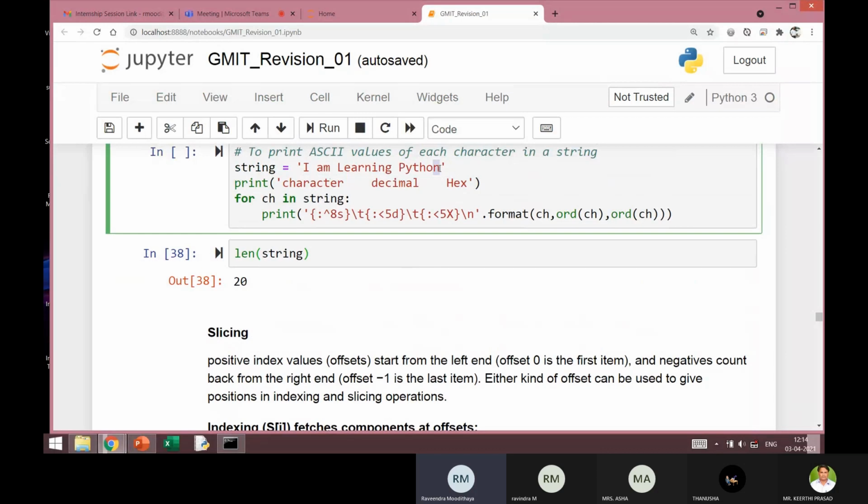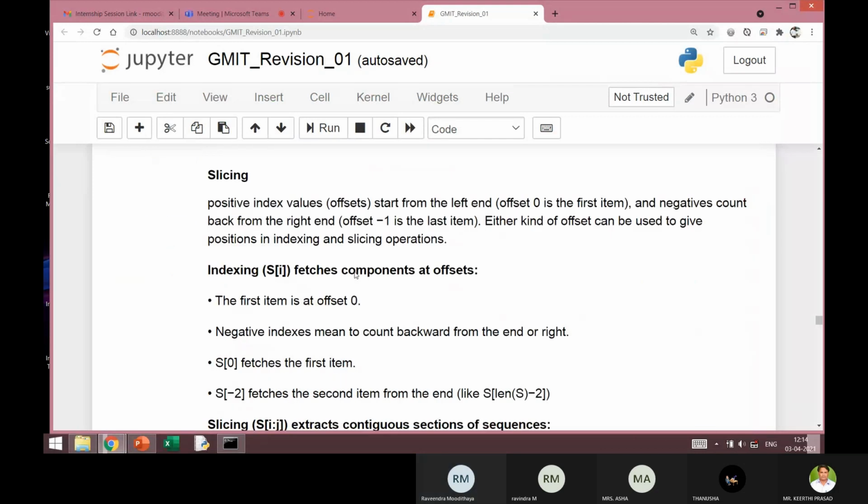For example, this is having an index of -1, this is having an index of -20. Either of them can be used in a convenient way, depending upon what you want to do with the string. We'll try to understand this with a few examples.